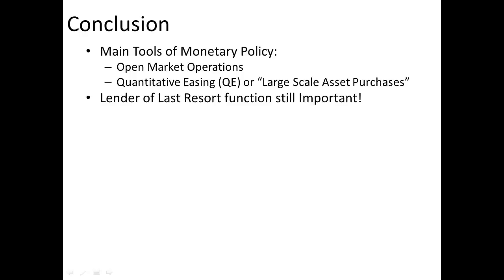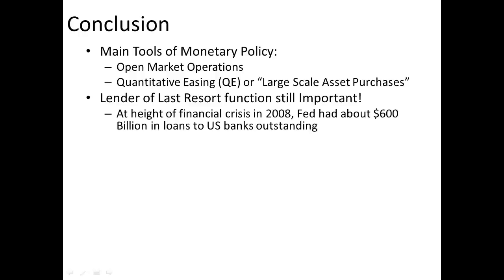Okay. We want to remember the lender of last resort function of the Fed is still very important. We saw that with our little glance at the Fed's balance sheet. At the height of the financial crisis in 2008, the Fed was loaning something like $600 billion to U.S. banks. That's a lot of money. Okay, that's what the Fed is there for. The Fed is arguably doing its job properly this time, whereas it didn't do this basically at all back in